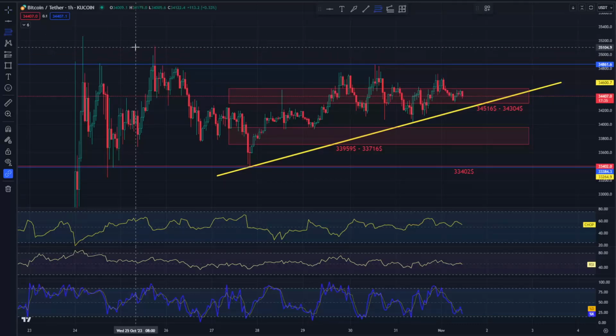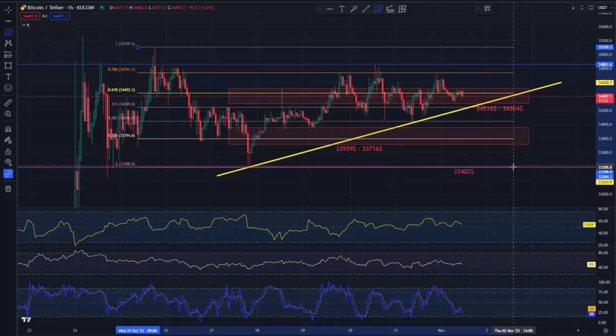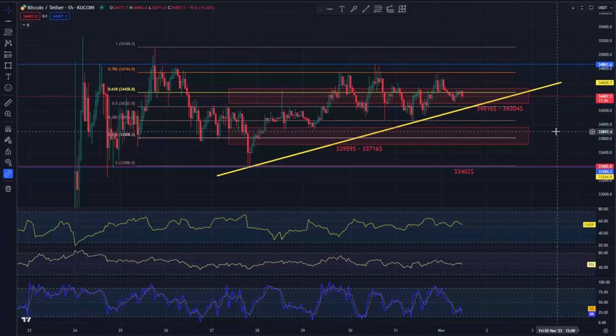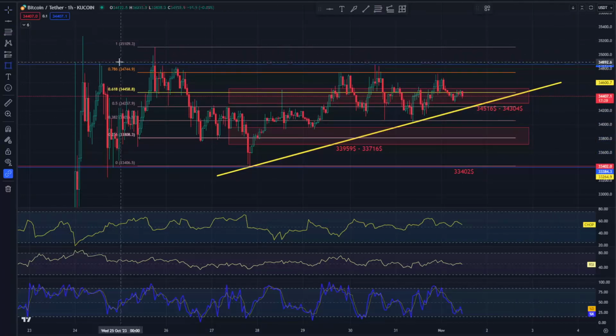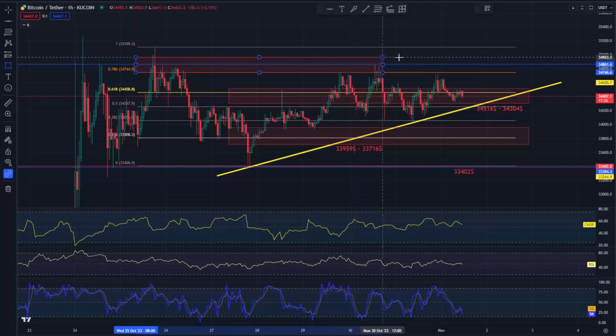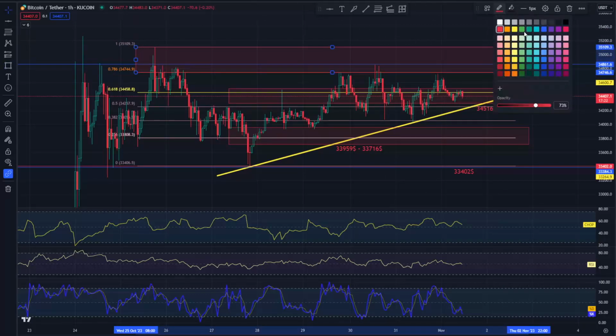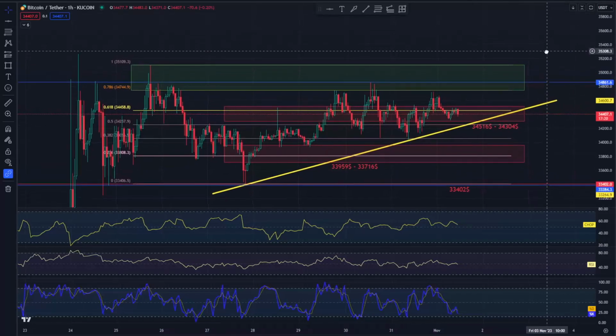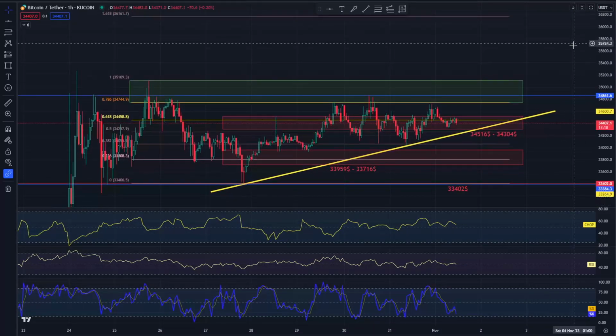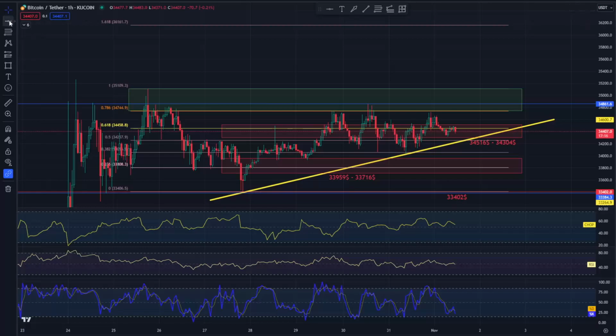Looking the other way, in a similar way, using the same fib retracement tool, we can determine the places of resistance. First of all, we will mark an important resistance zone from $34,746 to $35,109, which for now discourages any attempt to increase,